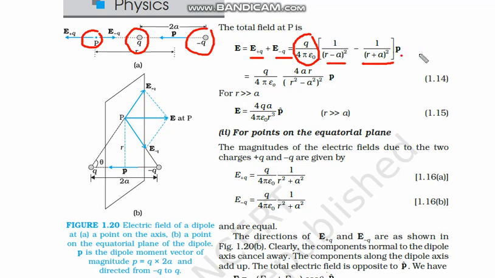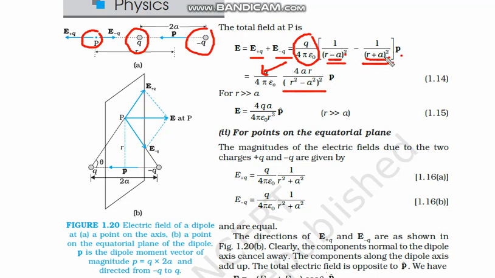So this was there, and the direction is along the direction of the dipole. So let us take this thing common. Now when we solve this, this is a minus b, this is a plus b. So you know the formula of (a minus b)(a plus b) is simply a square minus b square, and the whole square comes from this. So this is a square minus b square, this is directly coming here, and now this 4ar,